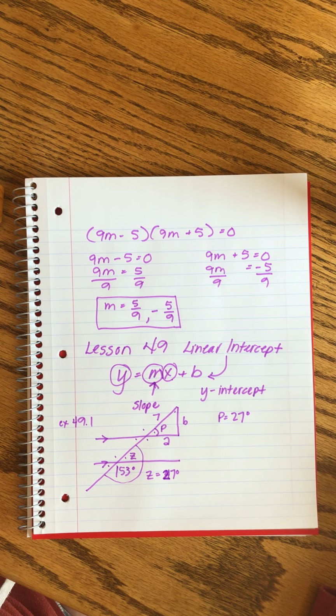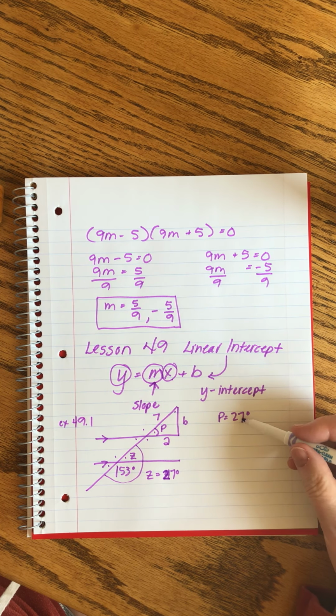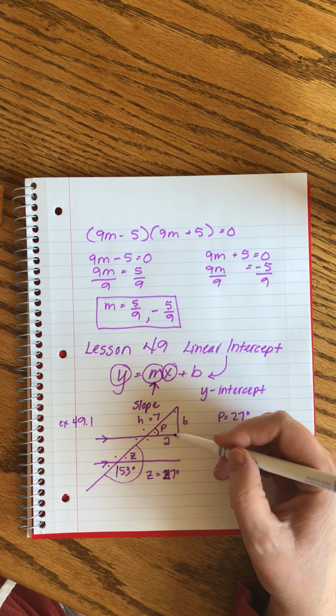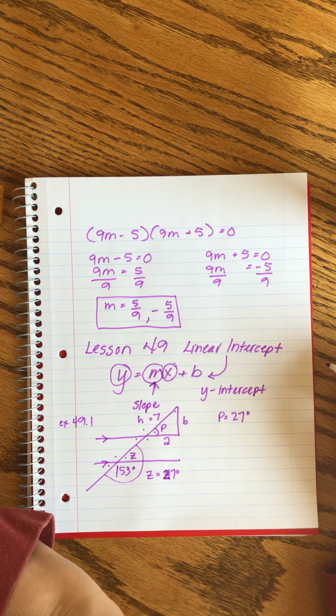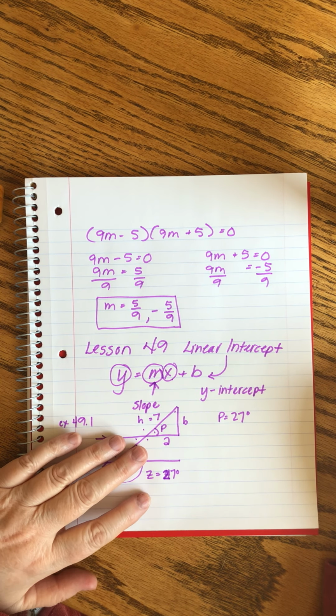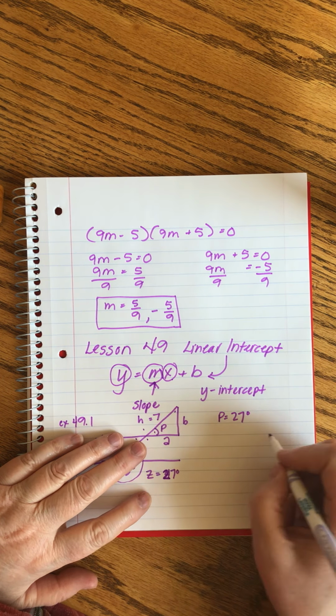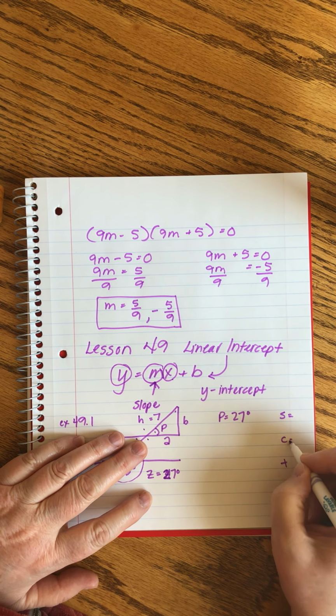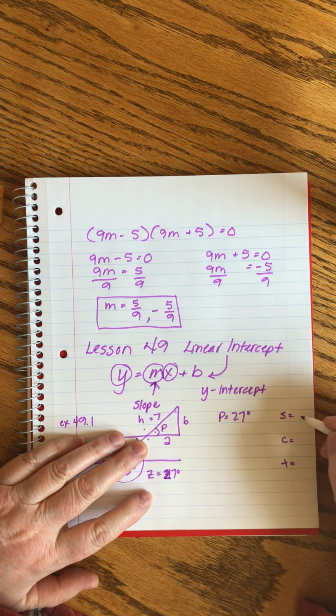Okay, so now we've got an angle and we've got one side. This is the hypotenuse, right? So now we can use this to use our trig functions. Oh my gosh, I'm so excited. So what that means, let's see. Sine, cosine, tangent. That's one reason I really like this problem, is because it allows us to use this business